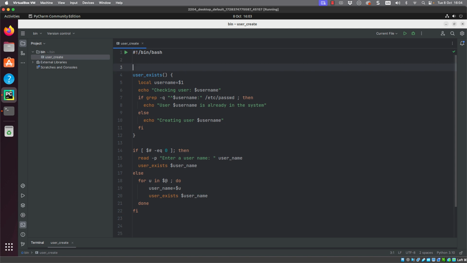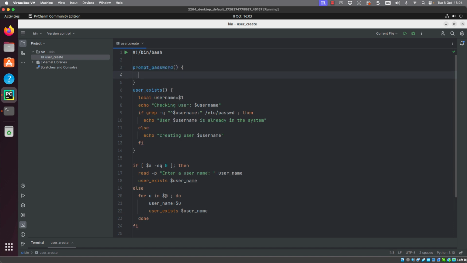Now, to implement this within our script, we can create ourselves a brand new function. We can call it something like prompt_password. We're going to use the parentheses again and then our brace brackets to encapsulate our code. And we just need to put in that read statement. So read -s and -p, adding in our prompt. And we can specify the variable to store this in, and we might call it then user_password.